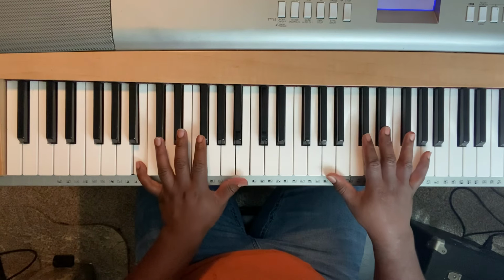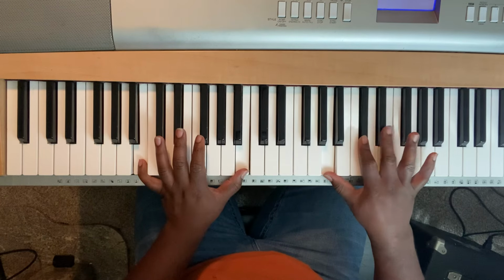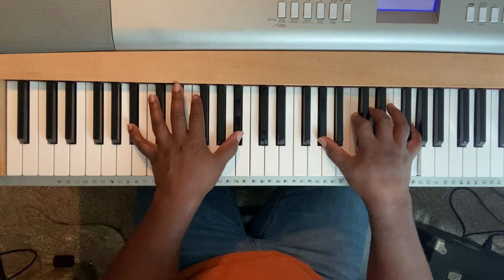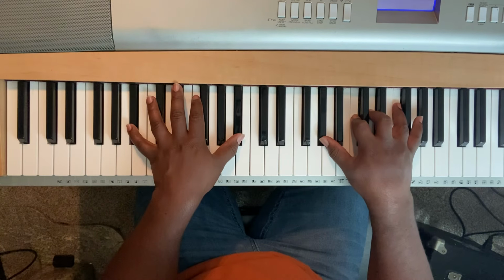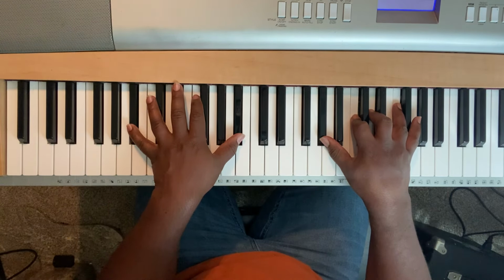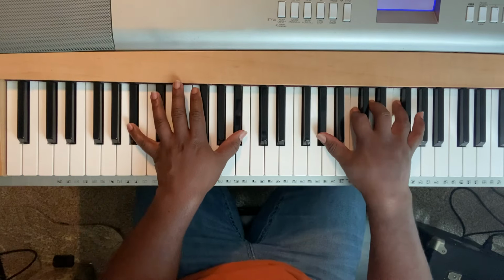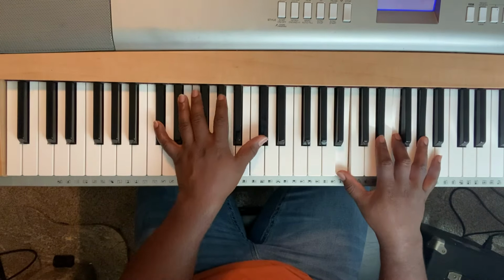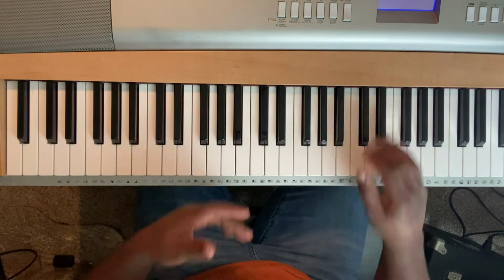You can also do, if you wanted to have that more churchy type of sound, you can play these dominant 9 chords where you're doing the transition as well. If you want to play dominant chords, you can do that for the transition as well. But anyways,